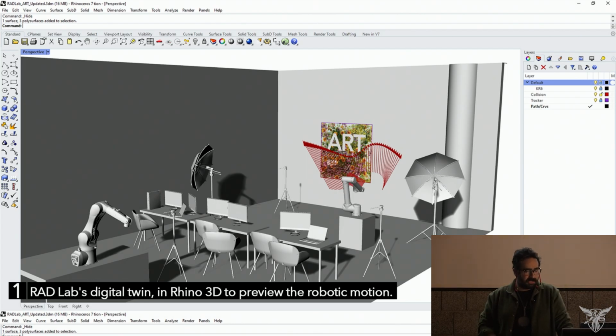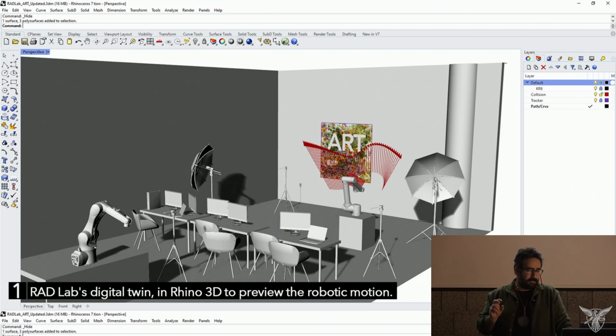First, we made a digital twin of RadLab to control the robot online through a custom-made Grasshopper platform and Rhino, as a way for our participants across the globe to interact in real time with our robot in RadLab.